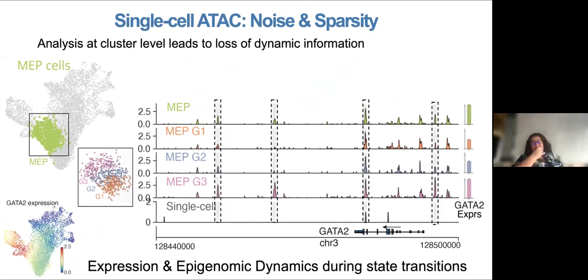And the idea of metacells, and I think they're most needed in ATAC-seq, but they also help RNA-seq, is that at the single cell level, single cell ATAC-seq is way too sparse to do anything. And you can't even distinguish noise from signal and what peak's a real peak. And so what people do is they cluster it. But once you cluster it, it becomes way too coarse, way too blunt to really capture these more subtle transitions, where you could see here the peak is opening slowly, but you don't see that when you average out over too big of a population.